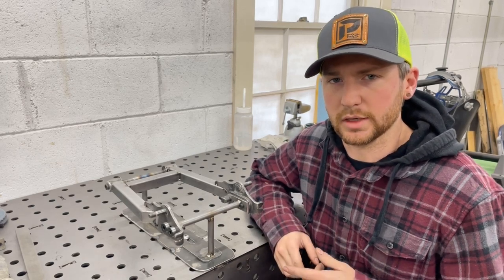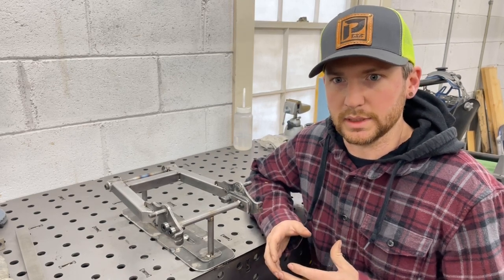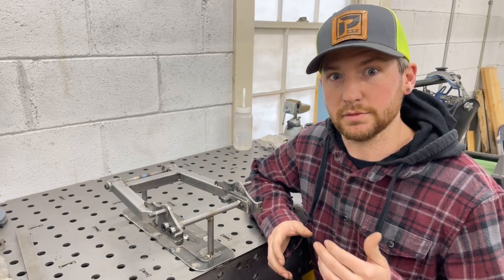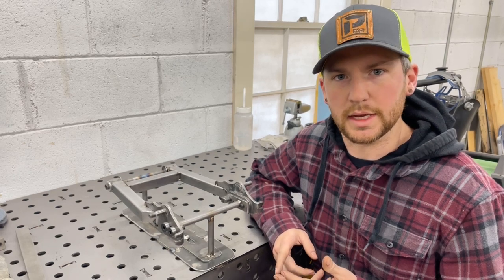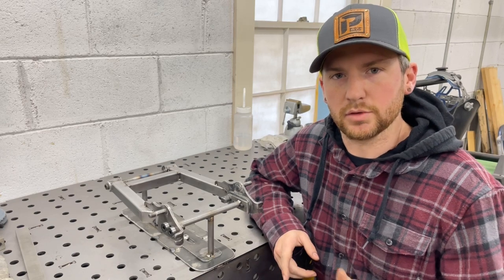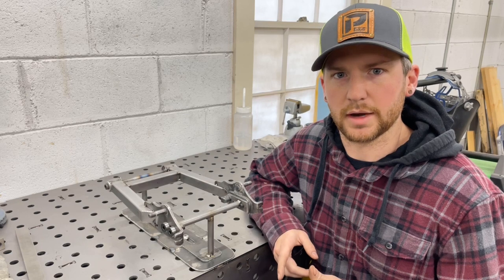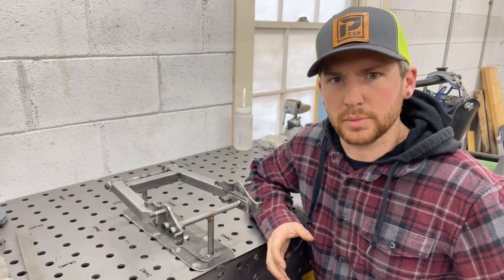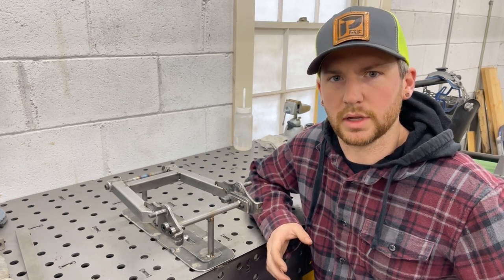One thing about Chromoly steel is that it is a low carbon steel, meaning that it does get harder with heat. A higher carbon steel would get even harder than this. The thing about Chromoly is when you look at a KTM stock frame, you can tell that it was MIG welded together. It goes through a heat treat cycle after that because MIG welding puts a lot of heat into the joint all at one time. With TIG welding, I can manipulate that a little bit closer and keep the heat affected zone a lot cooler